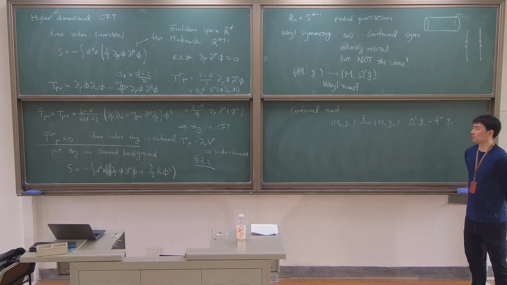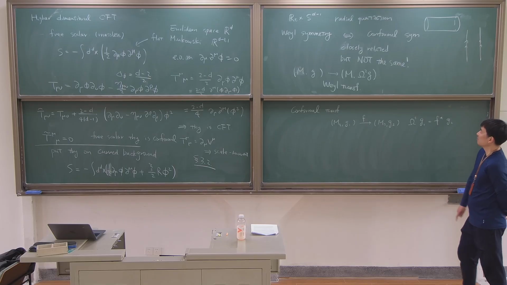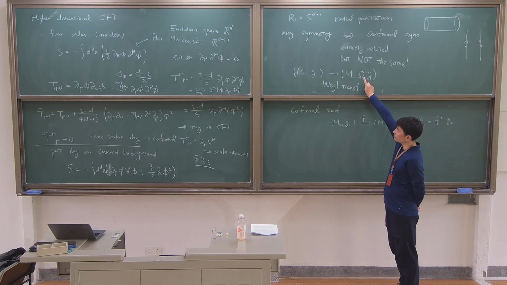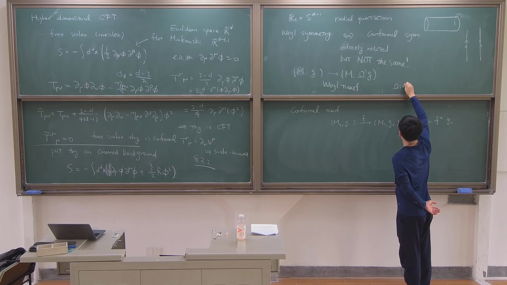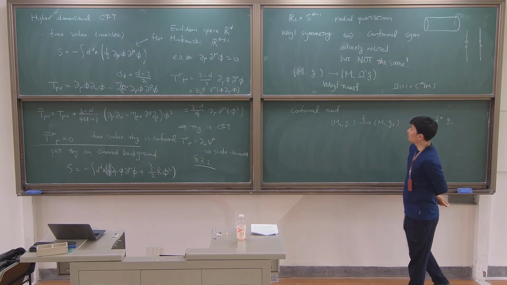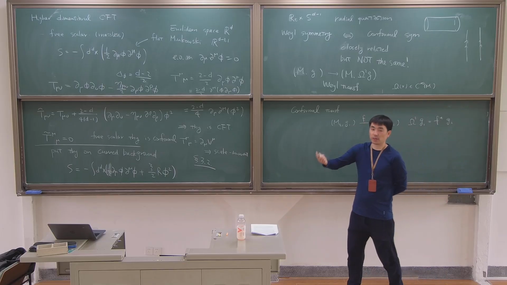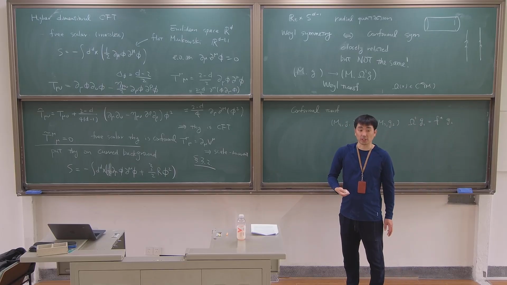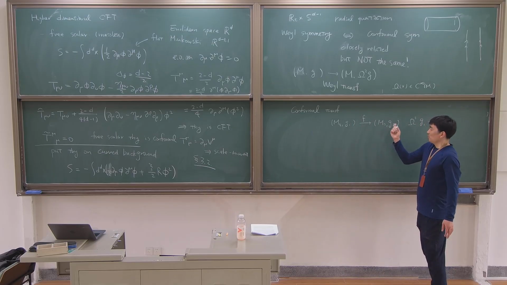Some literature also makes a mistake. Conformal transformation, Weyl transformation, totally different. For instance, if you change the metric this way, where omega is some function on the manifold M, then if you do the Weyl transformation, curvature and everything will change. On the other hand, if you use the pullback metric,